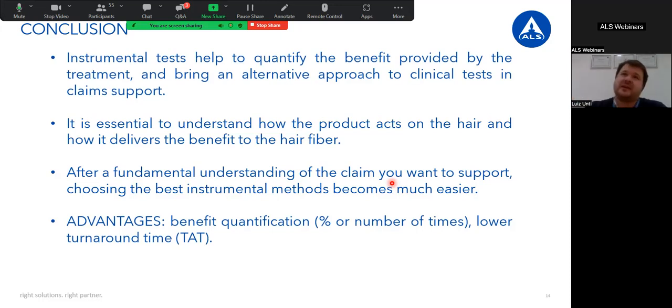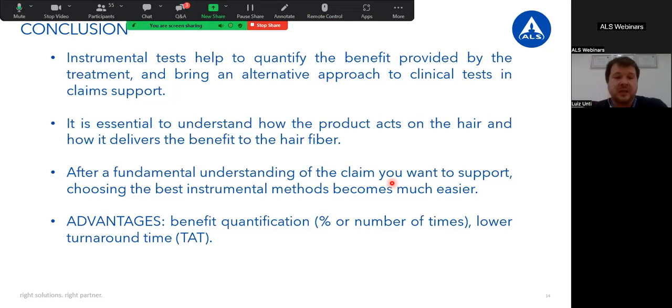So we can have a percentage or a number of times the treatment improves the hair characteristics. It can also be a different approach to clinical tests. It is a faster way to have some results, and as I just said, it can give you a number, a percentage, to show how much benefit the treatment can